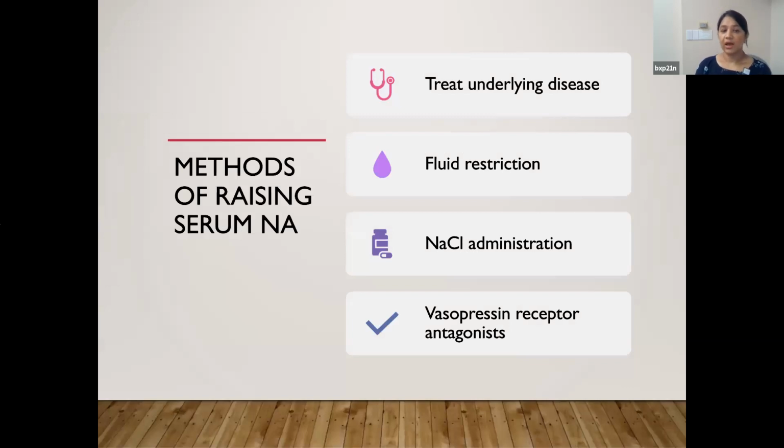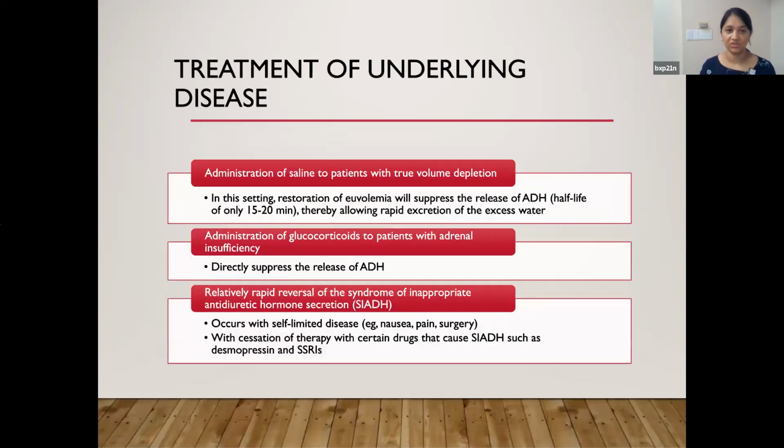First thing, how do we raise the serum sodium and how fast do we raise it, those questions will come. Treat the underlying disease. We always have to identify what are the things that could be treatable. Is this the patient where we need to fluid restrict and that will take care of it? Or would this be a patient where we're doing fluid restriction at the same time? Do they need sodium supplementation? Or do they need any vasopressin receptor antagonist? Those questions. So, treatment of the underlying disease,